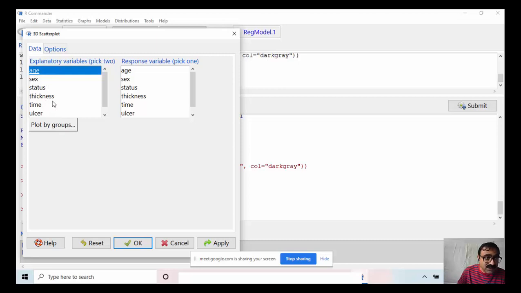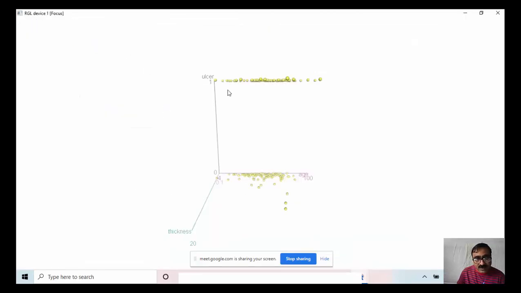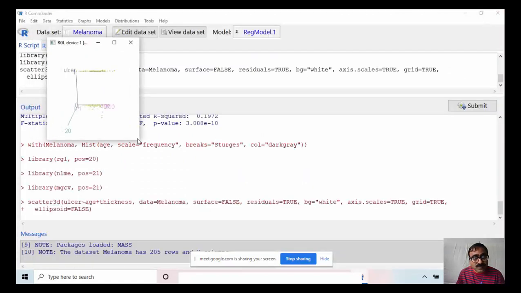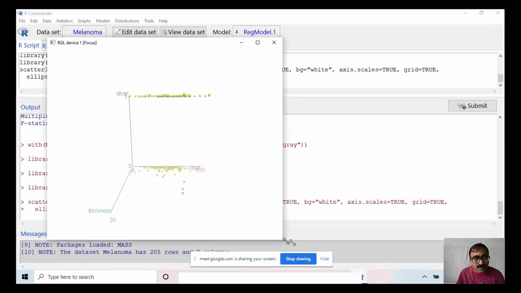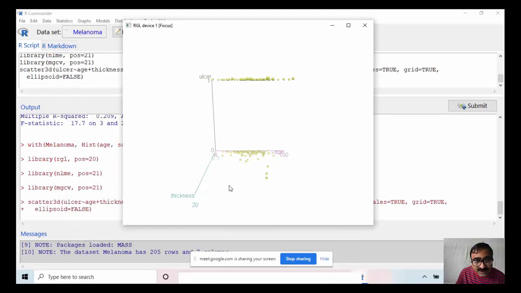Second one, I select thickness, and here the response variable, I select ulcer. So this is the 3D graph.